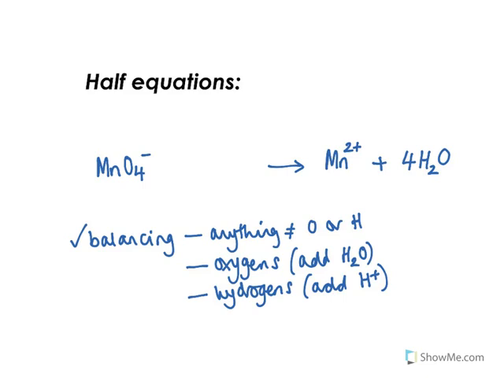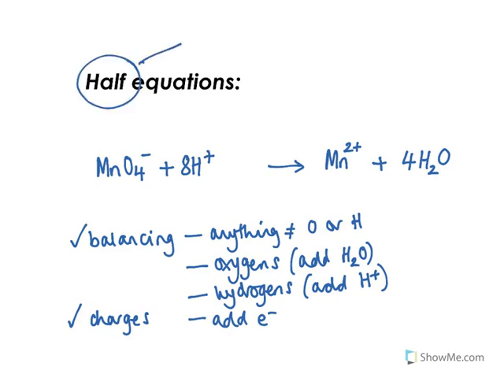So in this example, we've got 8 hydrogens now on the left-hand side, 8 hydrogens on the right-hand side, none on the left-hand side. So I'm going to go plus 8H+ on the left-hand side to make that work. And the second thing that you need to balance then is charges. And we're going to add electrons to whichever side, because these are half equations, so we have electrons present somewhere